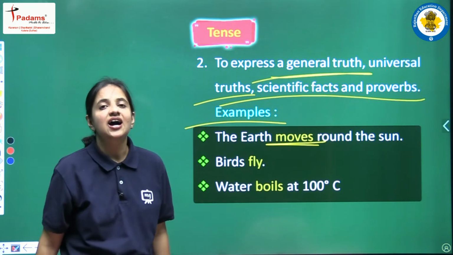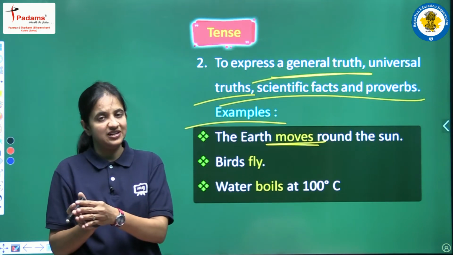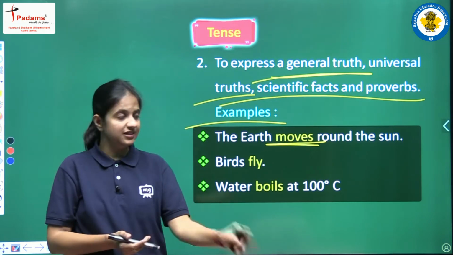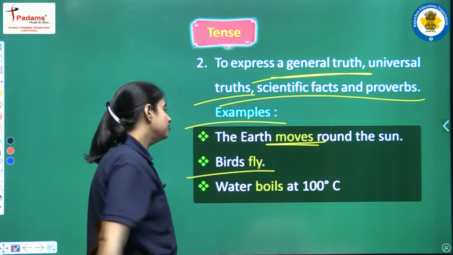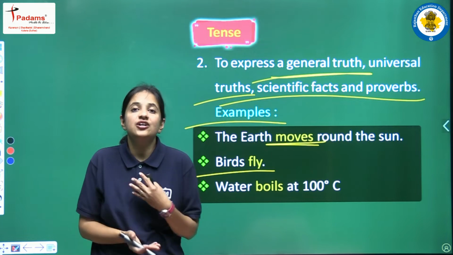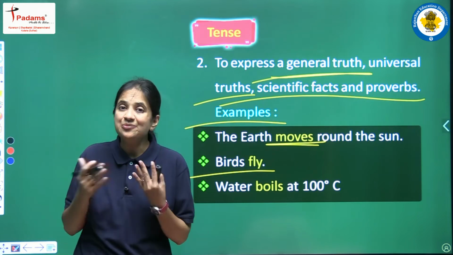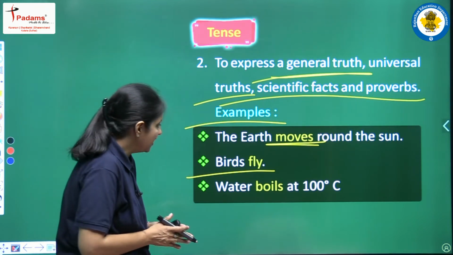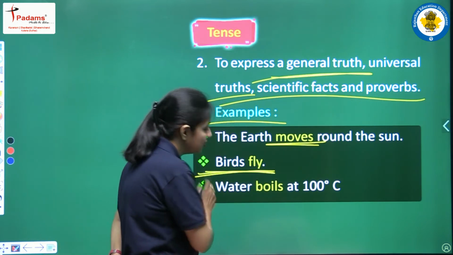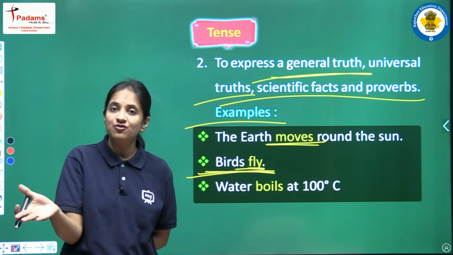So this is the reason we are writing this sentence in a present simple tense. Okay, so we are using present simple tense to express one of the fact, to express one of the universal truth. Clear? Second example is that we are having is birds fly. So yes, again this is a truth, this is a general truth, or we can say this is a universal truth, that yes, birds, they are born to fly only. Okay, so we are writing this sentence again using present simple tense, and now I am very much sure that you all are aware with this thing, that why we are using fly, why we are using first form of the main verb. Why?